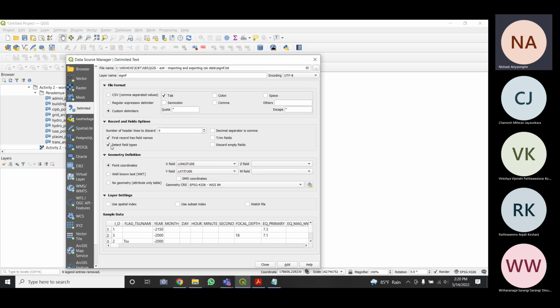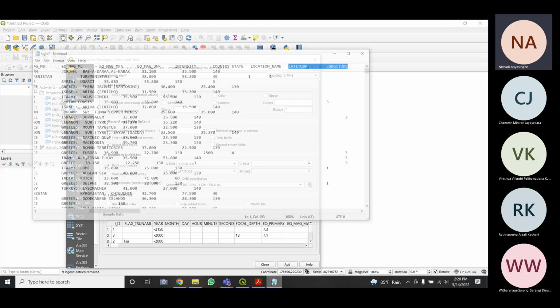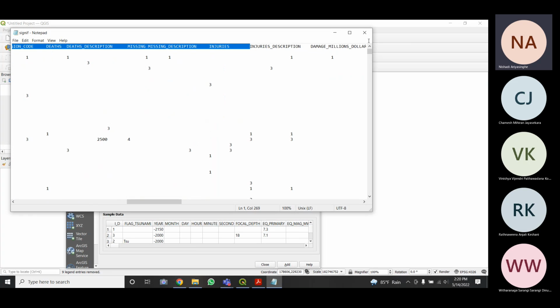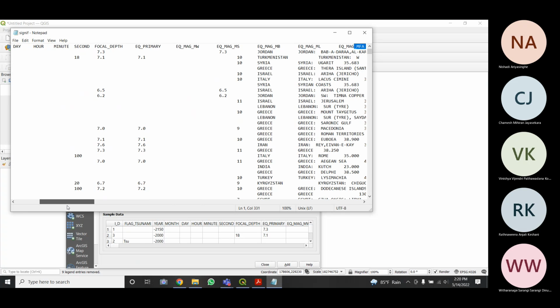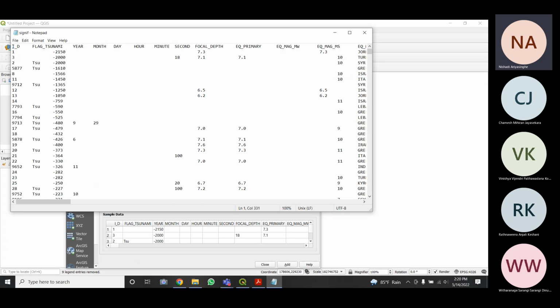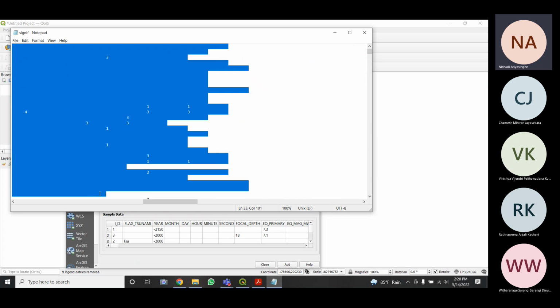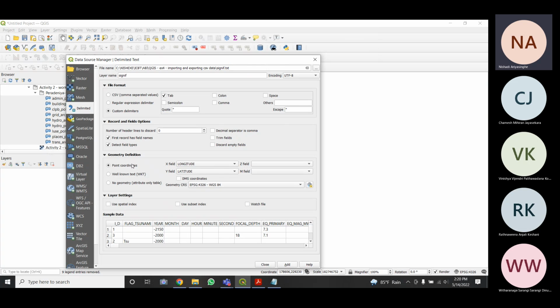And then you have to mention that the first record has field names. So you can see here the first record is the first row in the document, and it has the field names, or the column names. Some files might not include the column names. The data itself might be included, but here in this file, the first record has the field names. So you have to tick this,